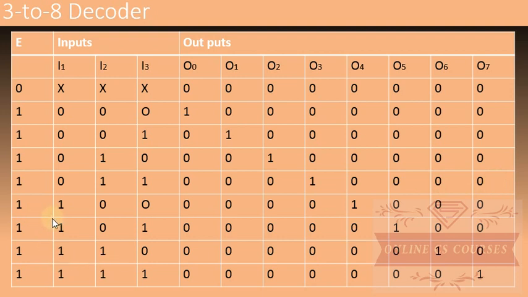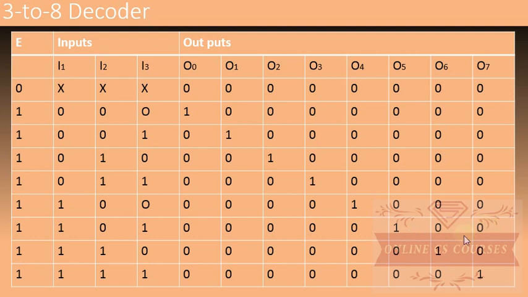If we have input 1 0 0, 3 inputs combination होगा 1 0 0, so we will have O0 0, O1 0, O2 0, O3 0, O4 will be 1 and O5 will be 0, O6 will be 0 and O7 will be 0. If we have inputs of 1 0 1, so O0 will be 0, O1 will be 0, O2 will be 0, O3 will be 0, O4 will be 0 and O5 will be 1 and O6 will be 0 and